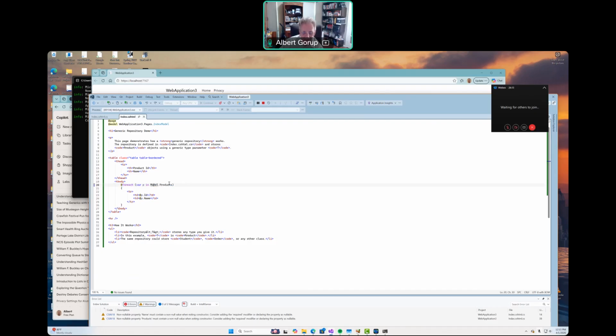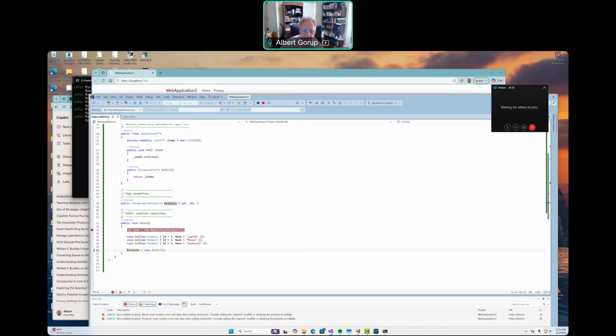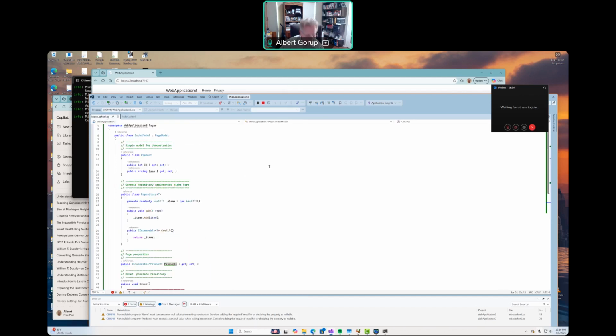Model is what's passed in, products is the object type, and it's just going through the products within that repository. All right. So that is our generic. Okay, we've done that.